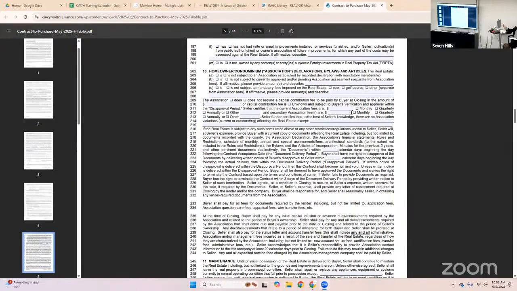So as you read the minutes of those meetings is when you're going to find out if there's anything awry, typically, that hasn't been voted on or validated yet. So that would be a good place to go for those. So that's section 10, and that's the association. Any questions on that?